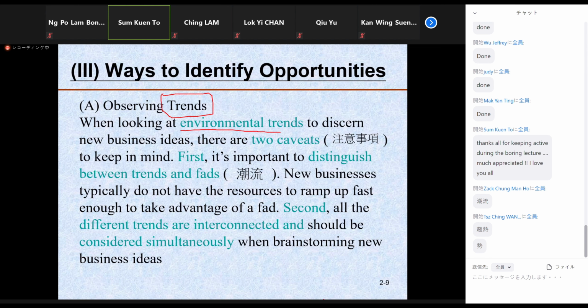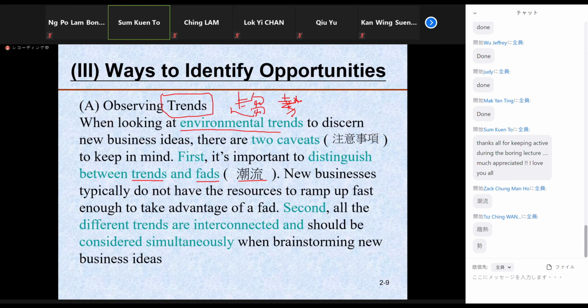Trend and fads. 哎呀，我仲揾緊我個 pointer. OK, 趨勢 trend and fads, any differences? Turn on microphone, type in the chat room. 你覺得有冇分別咧? Anybody have any idea